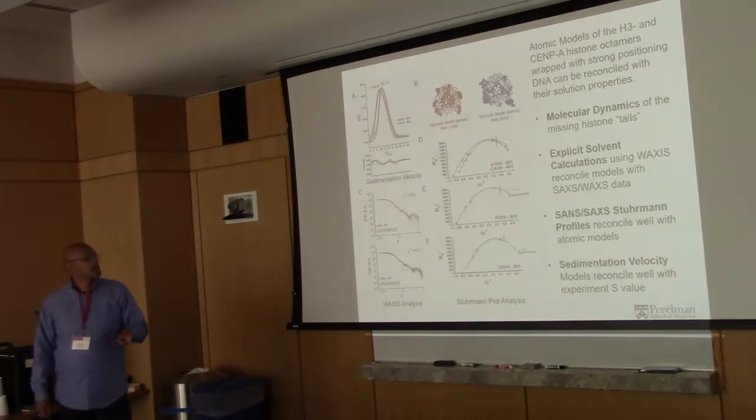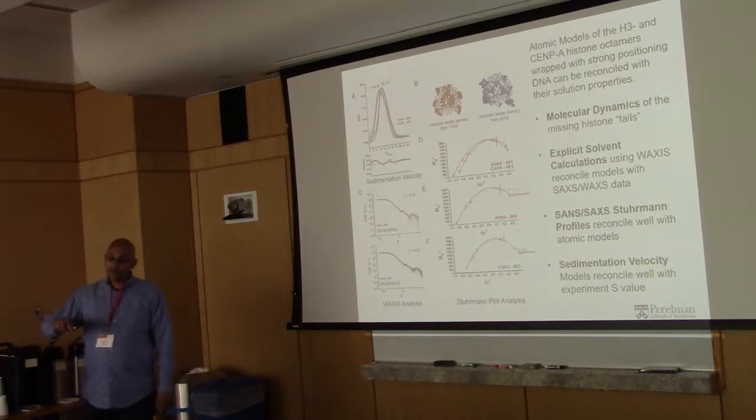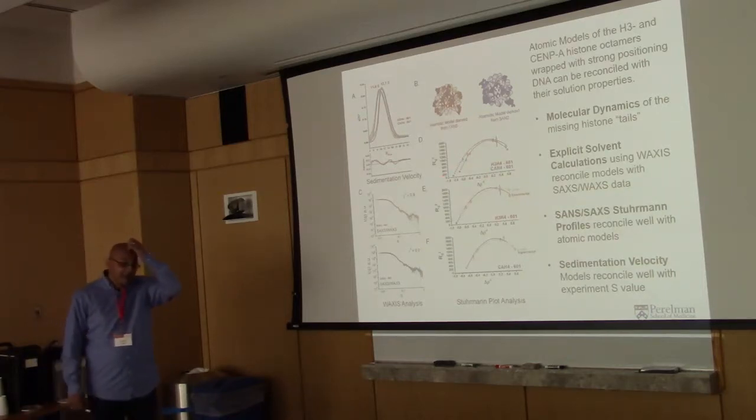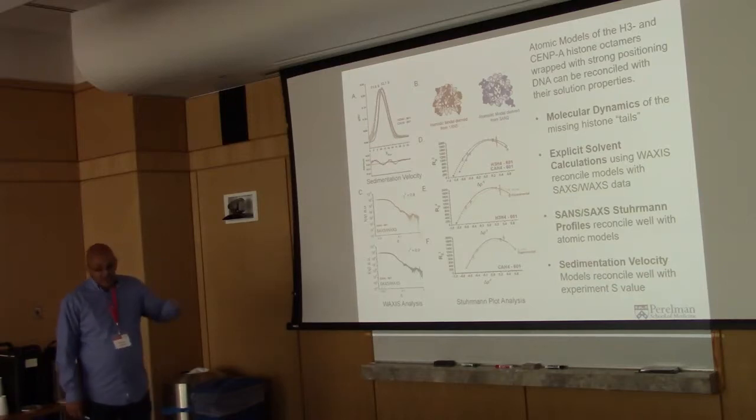How about the neutron experiment? Here are the experimental Stuhrmann plots for the neutrons. The original Drexel paper in 1977 plotted a straight line, and I was first concerned, oh my gosh, why is this parabolic? What did I do wrong? I presented this at NIST a couple of years ago, and the old guard, whom I regard in the most favorable way possible,